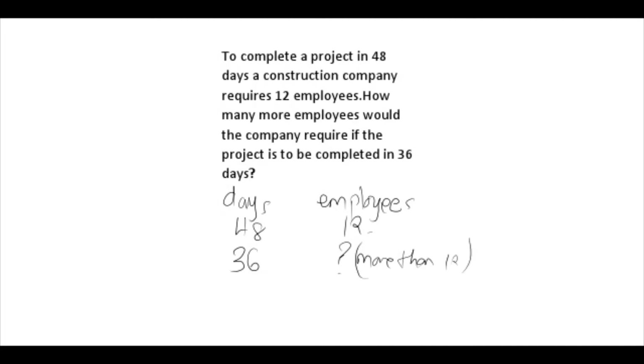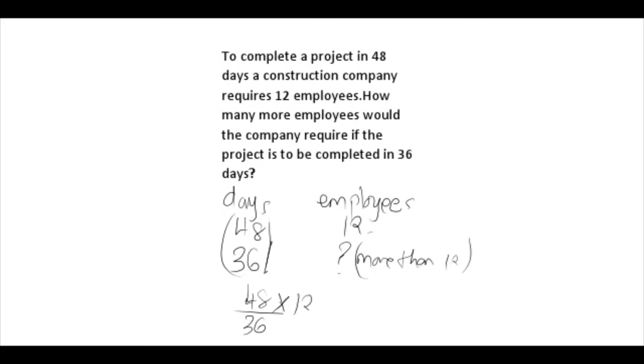So we are going to put the days in a fraction, and we are going to put the larger one as our numerator, then divided by 36, which is less, then we multiply by 12. 12 is constant, since we are looking for the employees. That's why we say 48 over 36 and not 36 over 48. The reason we have 48 over 36 is because the employees should increase or should be more